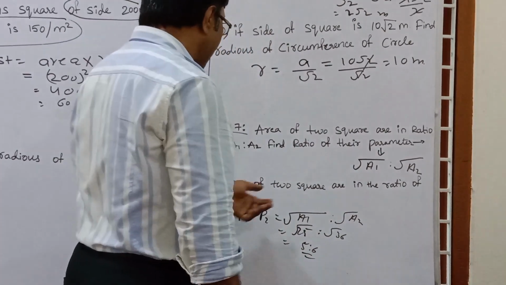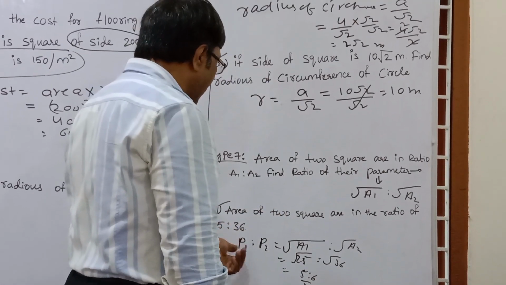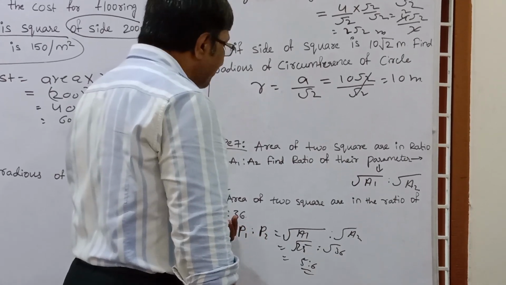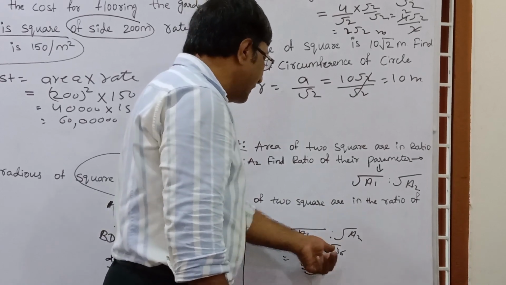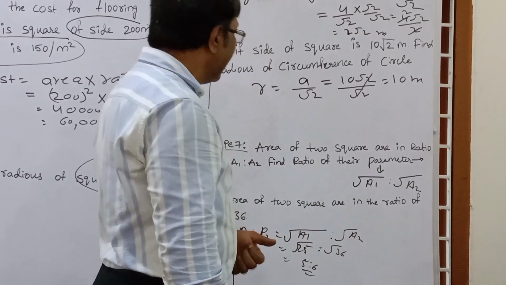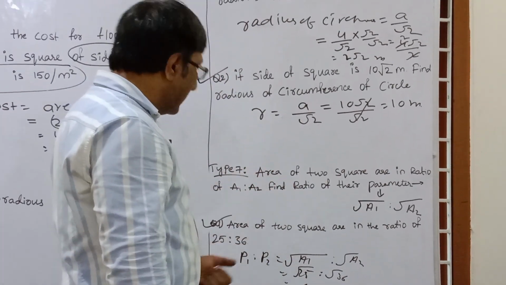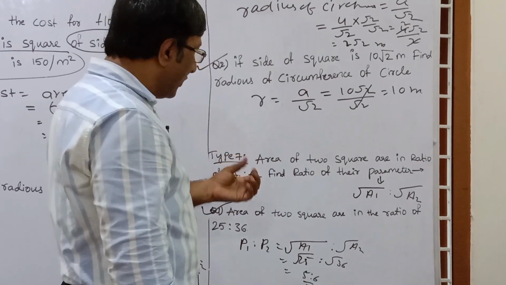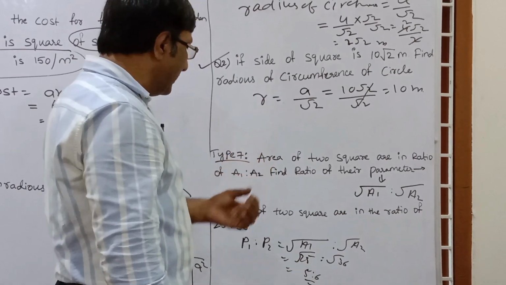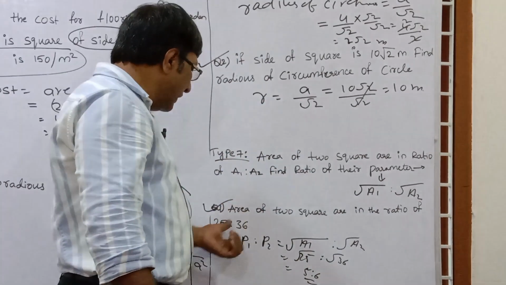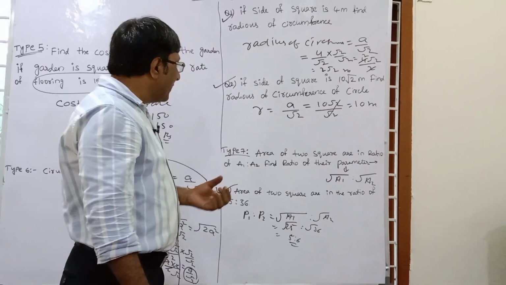So whenever the ratio of the areas of two squares is given, then the ratio of their perimeters will be the square root of their areas. So area 1 to area 2 is 25:36, so 5:6 is your correct answer. This type of question, you can find the answer only by seeing the question if you know this technique. Because the ratio of areas is given, we have to find the ratio of their perimeters, so we only find the square root of the ratio of their areas. So 25:36 becomes 5:6. So our correct answer is 5:6.